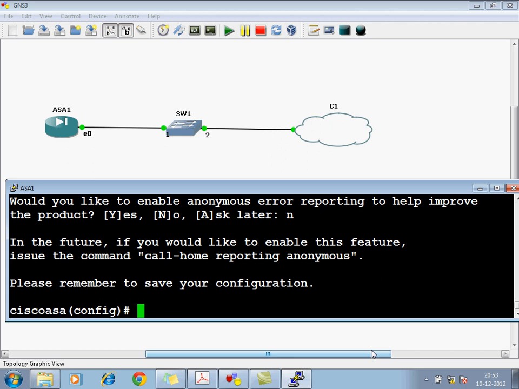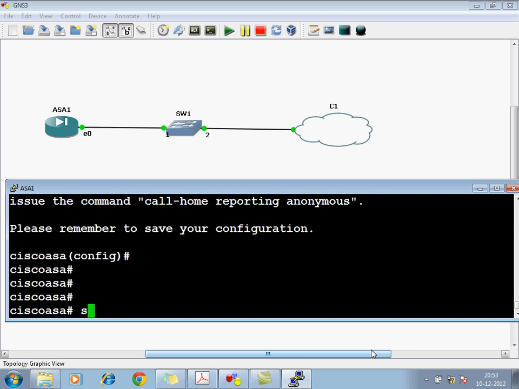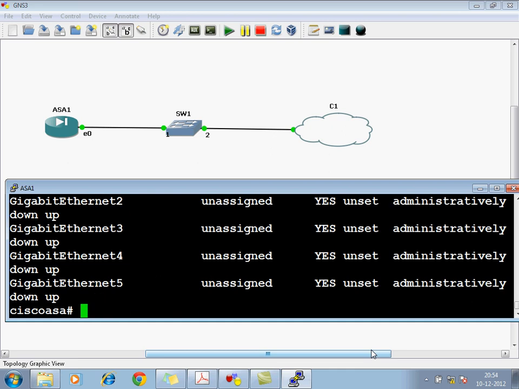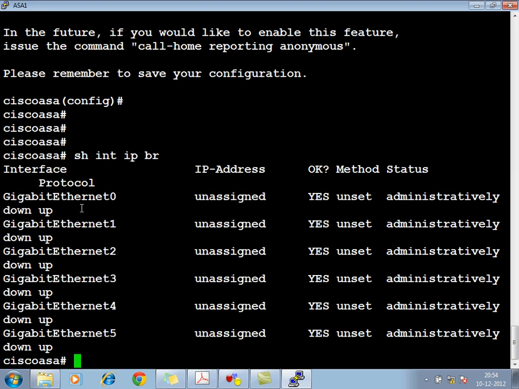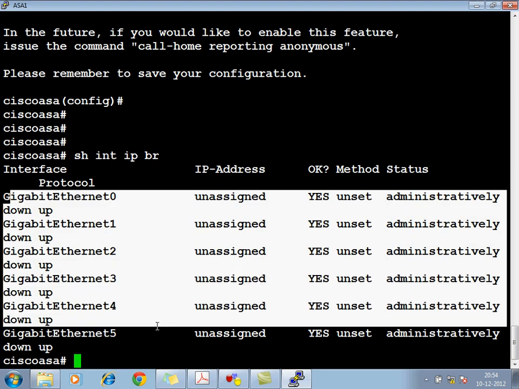Nowadays all systems come with gigabit Ethernet only. Normally we give show ip interface brief to see the router's interfaces. Here we have to give show interface ip brief. So how many Ethernet do I have? Gigabit Ethernet 6, 0 to 5.